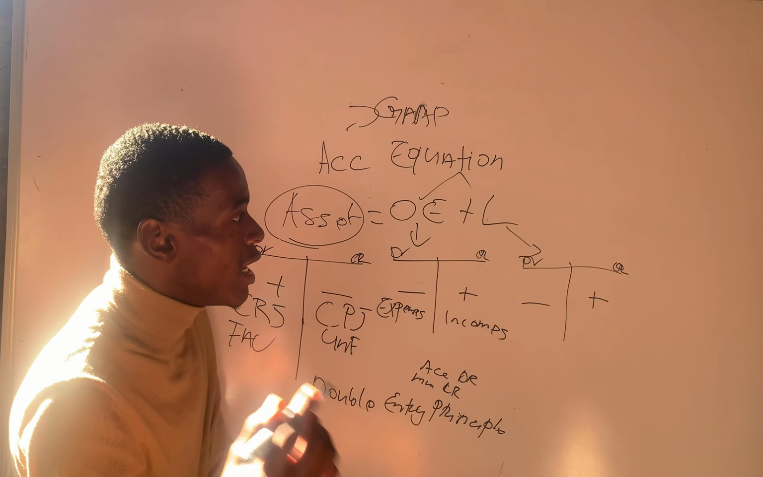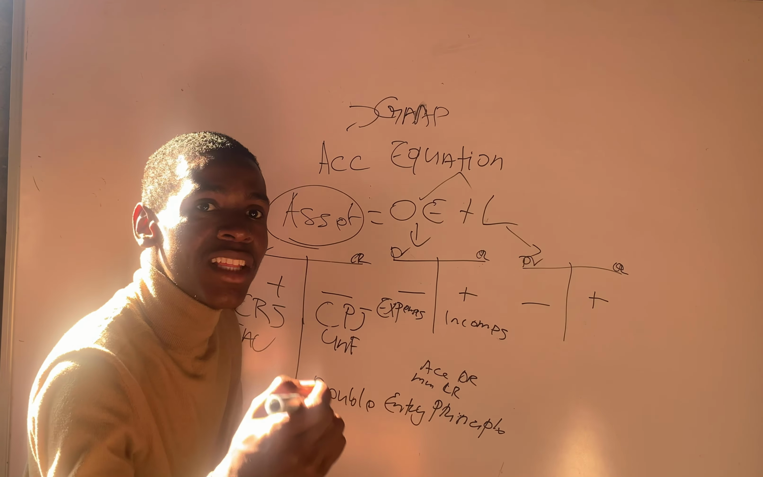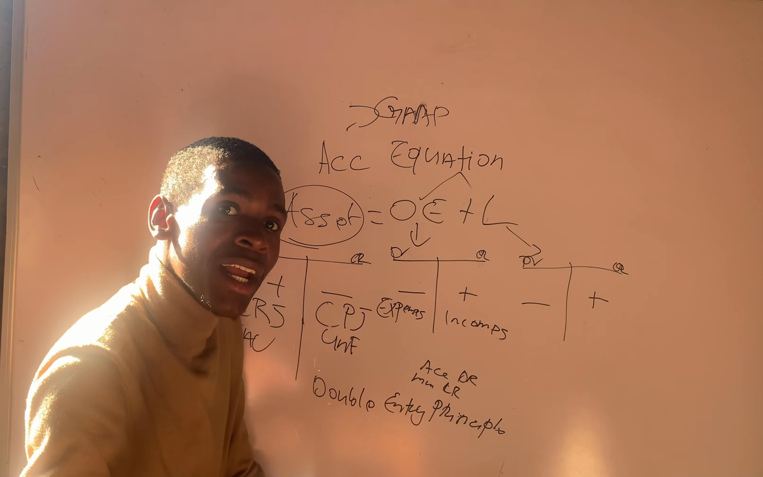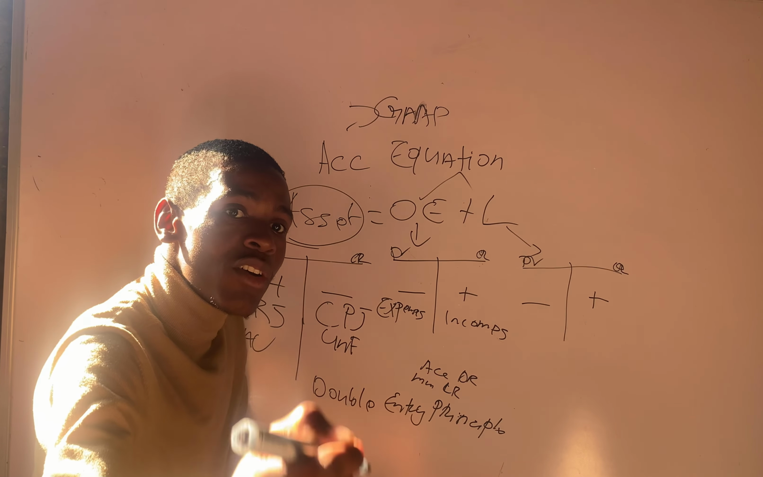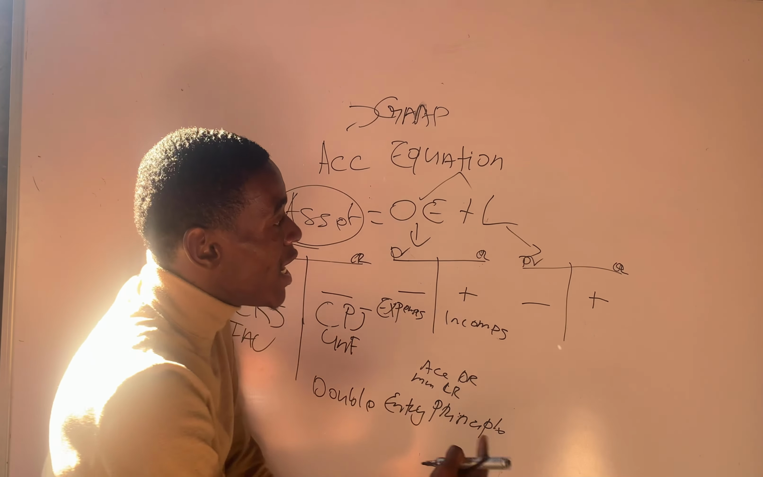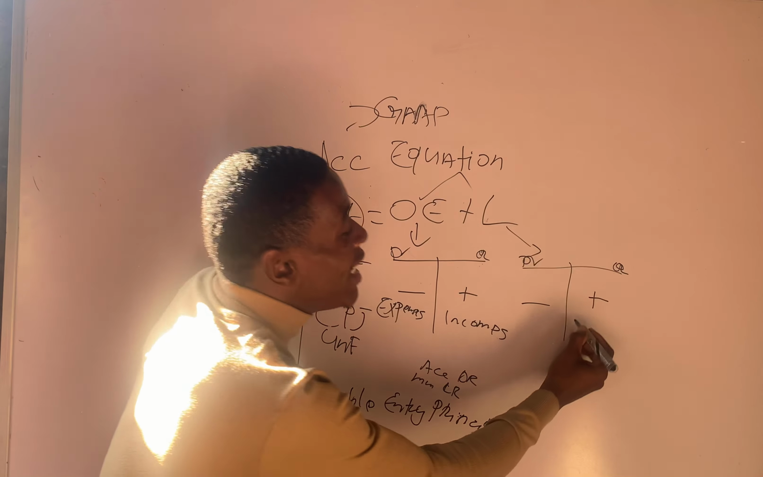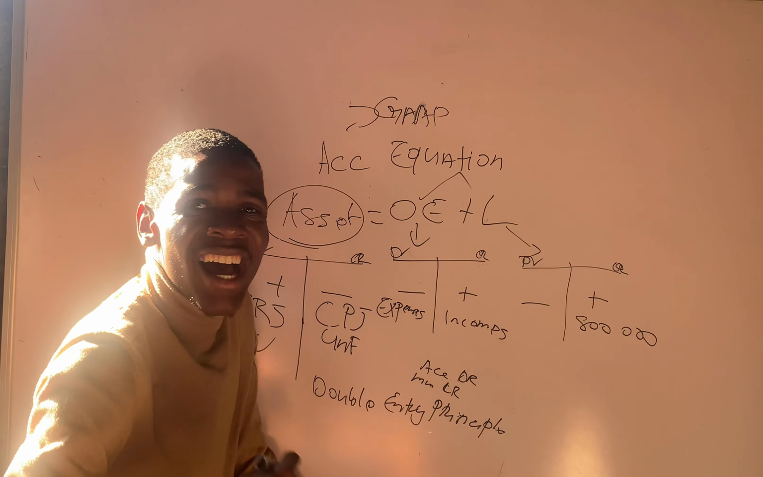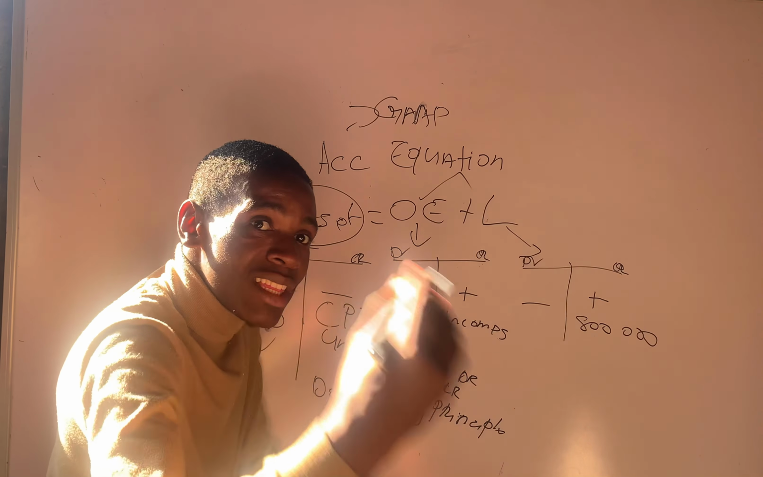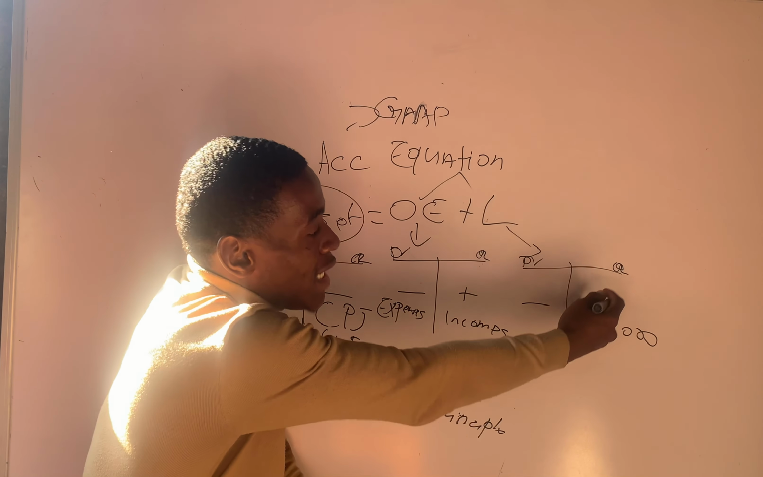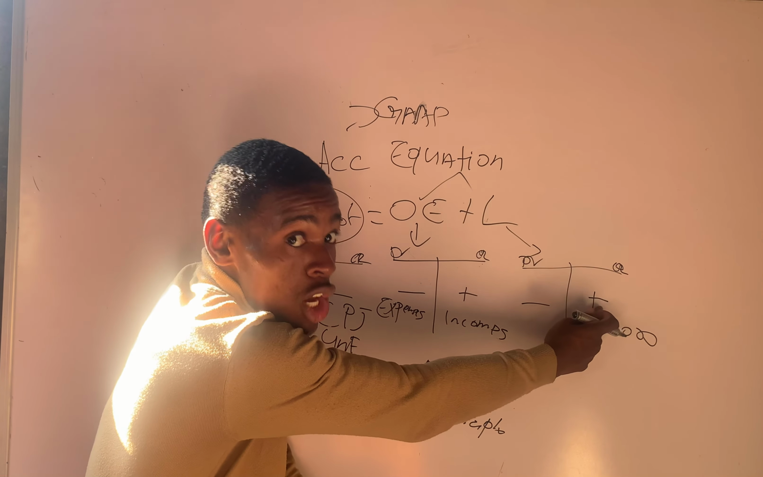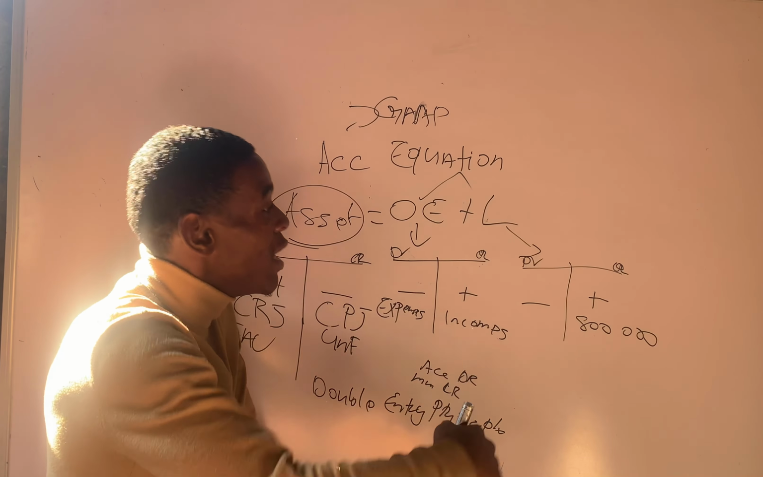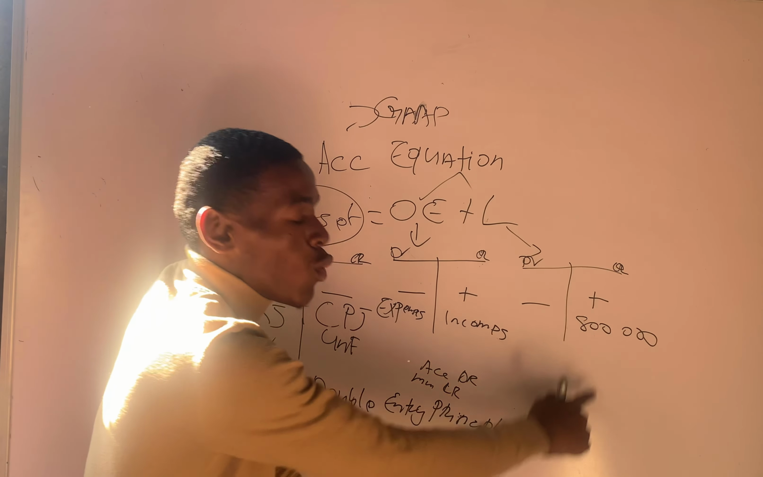But it can be applicable with assets. For instance, let's say we have borrowed 500,000 from Absa Bank. That is a loan, meaning our liabilities are increasing by 500,000. So we have to put that on the credit side as a plus, because they are increasing. And that amount of money, which is 500,000, was deposited